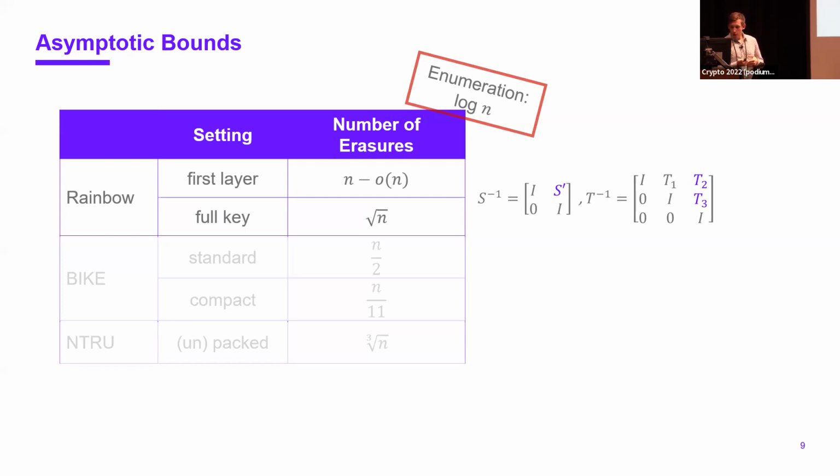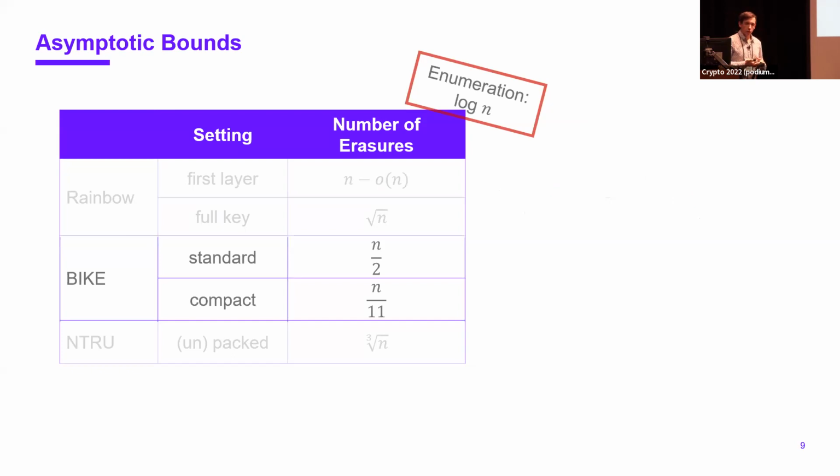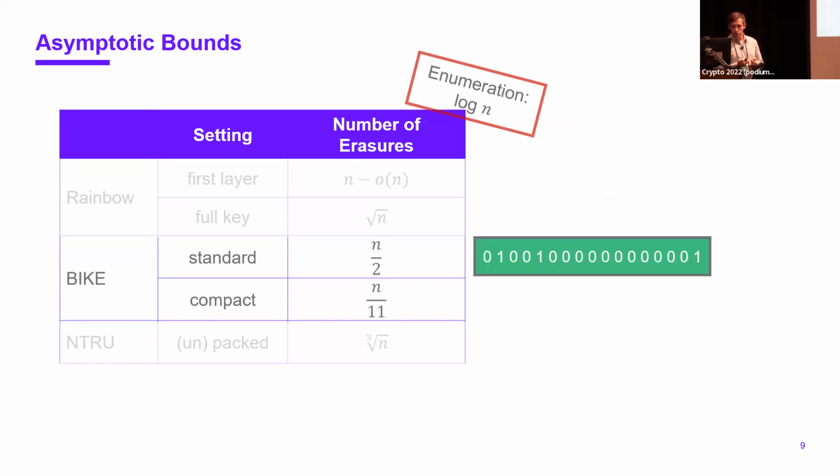Yeah, and in the BIKE case, we separate also two different settings. It's the standard and the compact setting. In the standard setting, the secret key is represented as a sequence of n bits, just as it is defined, like a low weight n-bit vector. And in the compact setting, we encode the one positions of this vector. So if you count from the right, this is the compact representation of this vector. And due to this compression, we get a slightly lower number of